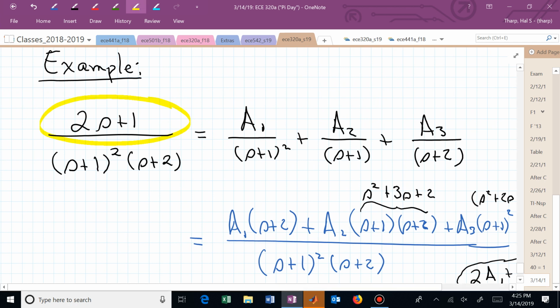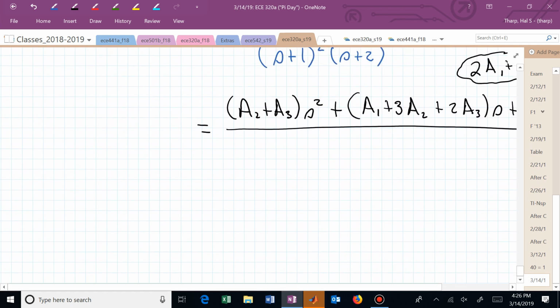Right there. And do I have an s squared? 0. I have 0 times s squared. Whatever my coefficient was that scaled s squared on the right is going to be set equal to 0. Likewise for the s1 coefficient and the s to the 0 coefficient. That's what I mean when I say, if I now say equate coefficients,